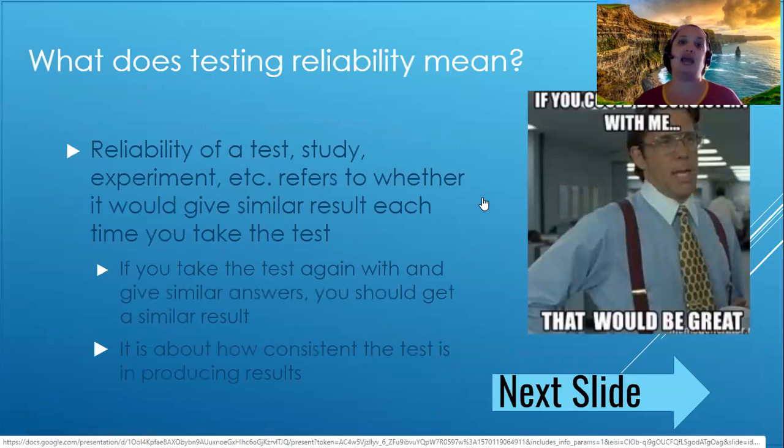So let's talk about reliability. Okay, so now we know if a test is valid, it measures what it says it will. But what does that mean, reliability? Well, sometimes we get a little confused with the idea of whether or not we would rely on the results. That's not necessarily the same, again, as testing reliability. I know, it's kind of weird. So if an experiment is reliable, a survey is reliable, a test is reliable, any type of measurement tool, it's reliable if it gives similar results each time you use it. So consistency is the key that we're looking for.